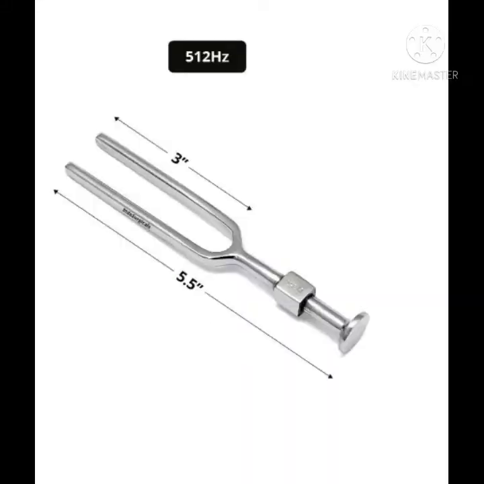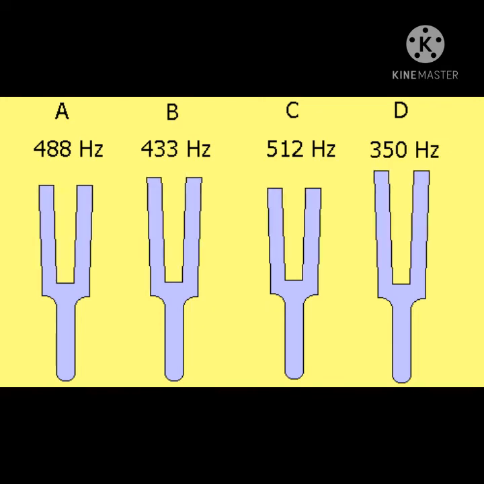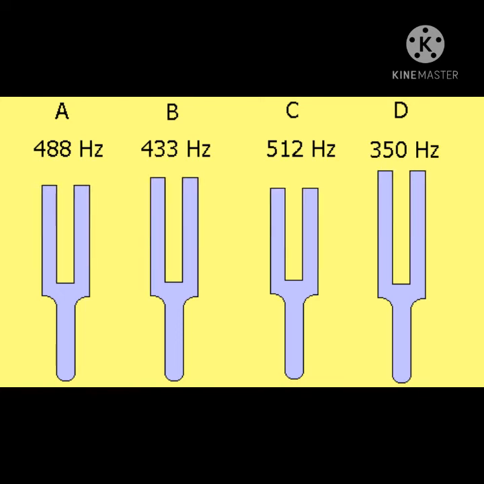The tuning fork in the picture shows its frequency to be 512 Hz. It means that the fork vibrates 512 times per second. This vibration will set 512 cycles of compression and rarefaction in the air per second. The frequency of tuning fork is decided by the dimensions of the prongs. It means the length and the thickness of the prongs and the material used for making the fork.